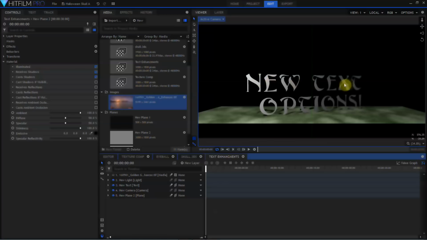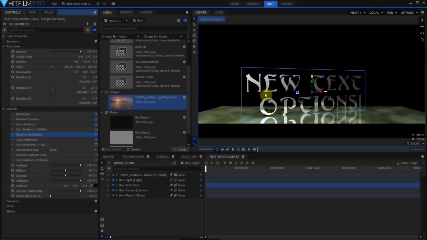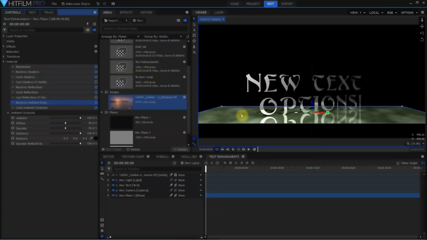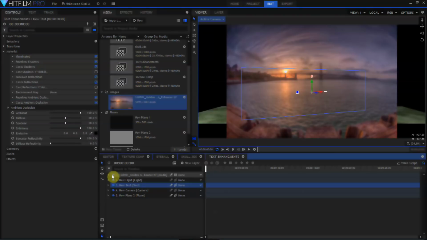and a simple text object with no effects on it. The text has been set to 50% gray. There is one light in the scene, and that light is casting shadows. HitFilm Pro 2017 did add reflections to the material properties for text and planes. HitFilm for 2018 adds ambient occlusion for text layers, which just helps these two computer-generated elements blend together a little bit better. I brought this photograph into the composite shot, and I'm going to go ahead and hide that again.